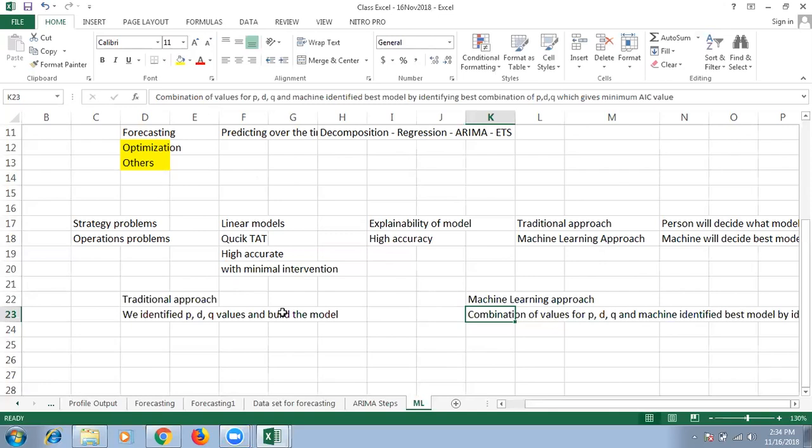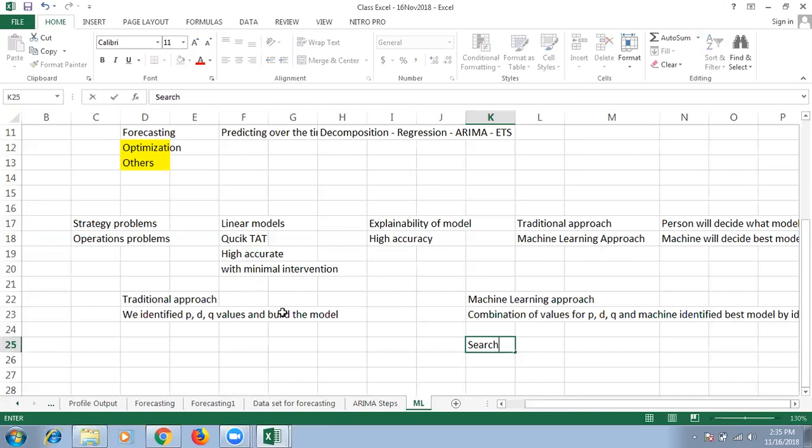So what did we do there? The methodology, everything is the same. What I'm trying to do, instead of identifying my best model by iterating manually, I created some kind of an algorithm which will help me get the best model within the values of PDQ you identify. So what we are trying to do is search for the best values for